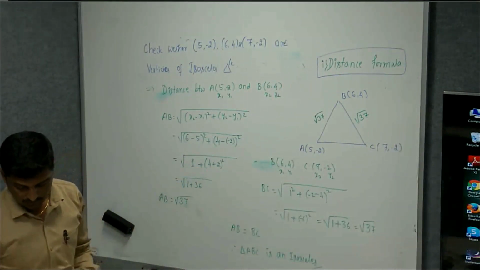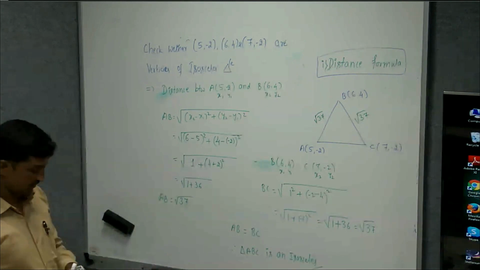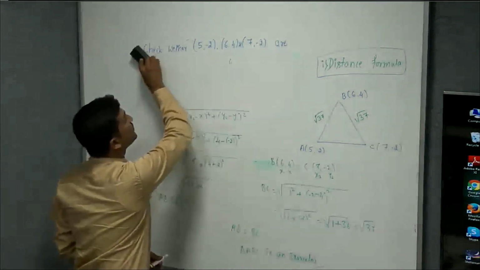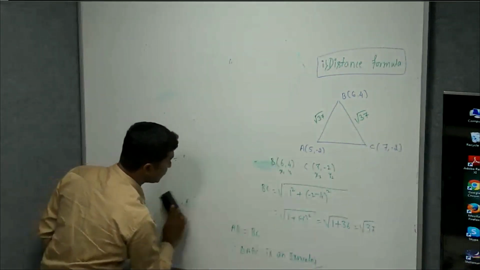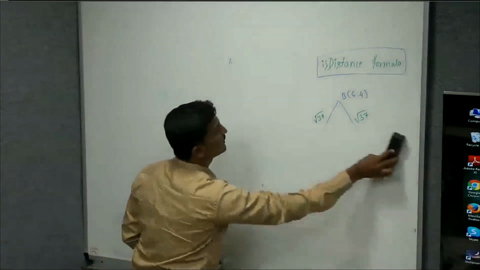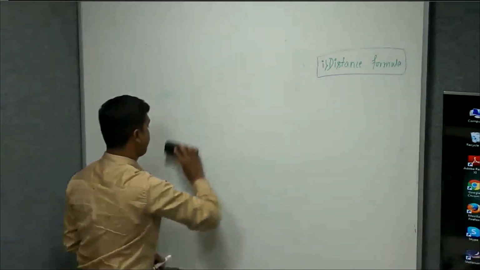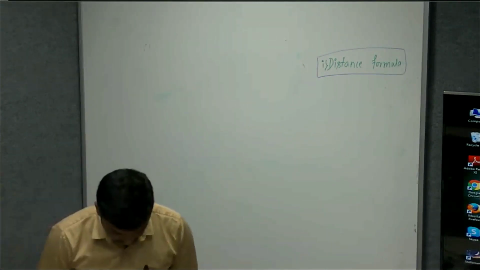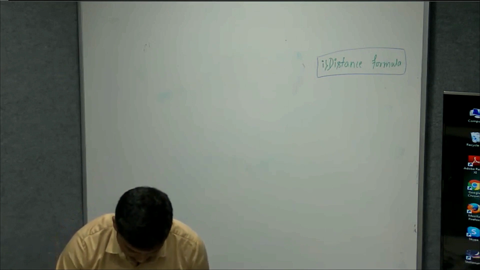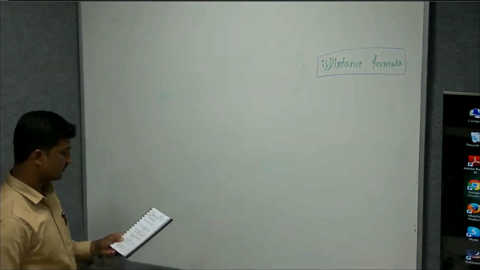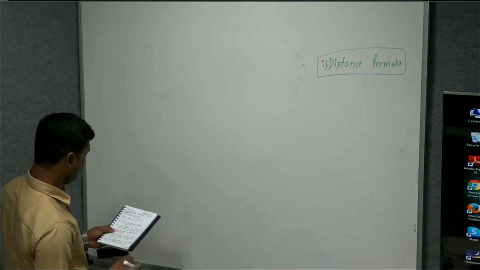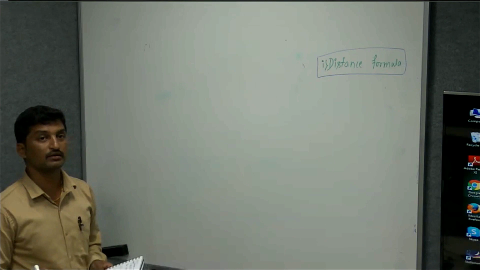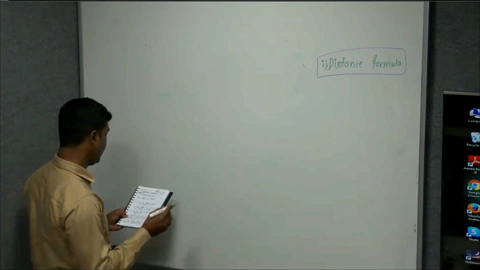Is it clear? Okay. So now we will see some other questions. These are the few questions. Still few questions are there related to the distance formula. We will see that. Let us take one more point. So now the important question is, now they will give the distance and they will ask you to calculate one coordinate. Okay, take down the question.